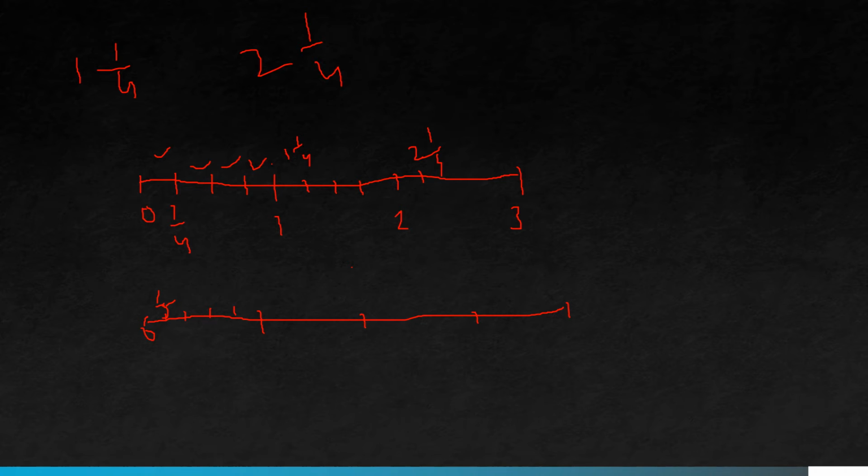Similarly, I can say 1 whole and 1 upon 5. Then how you can represent 1 whole plus again 1 upon 5. So from here to here will be known as 1 whole 1 upon 5. This is how you can represent the fraction on the line system. You got my point? In case of any question, just let me know.